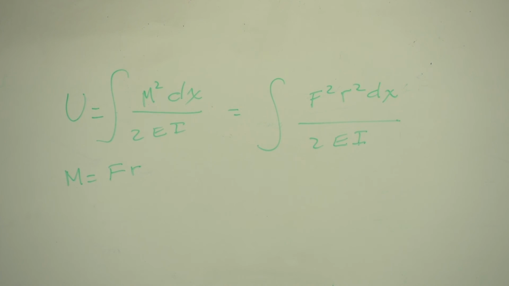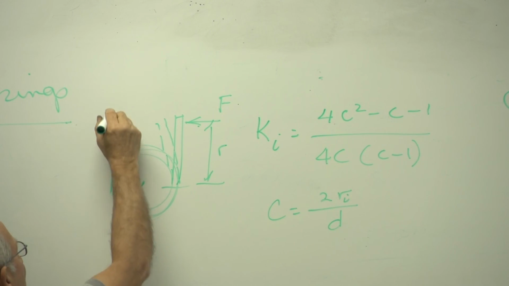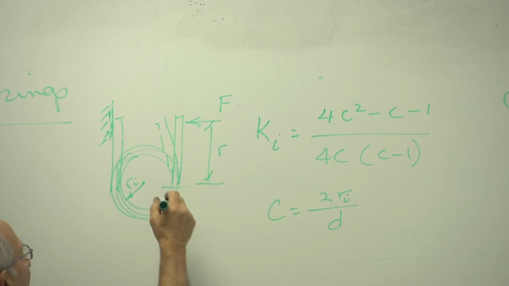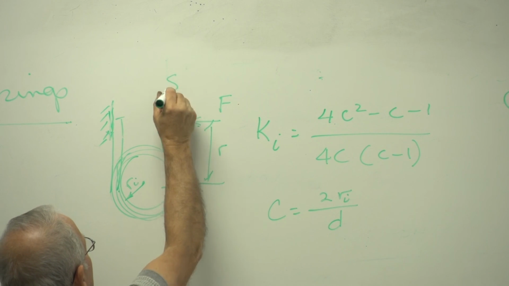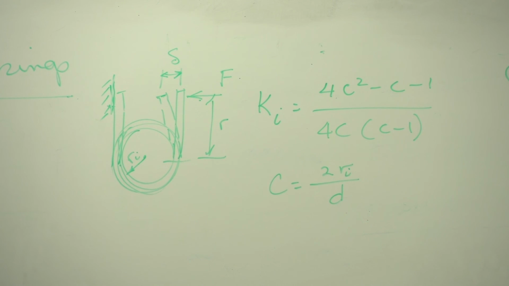If I take the partial derivative of the strain energy with respect to the force F, assuming this part doesn't move, let's say it's against a flat plate or something like that, I will find that distance. Correct? According to Castigliano's theorem, the partial of the strain energy with respect to the force is equal to the deformation at the point of application of the force and in the direction of application of the force. So that's what I will find.